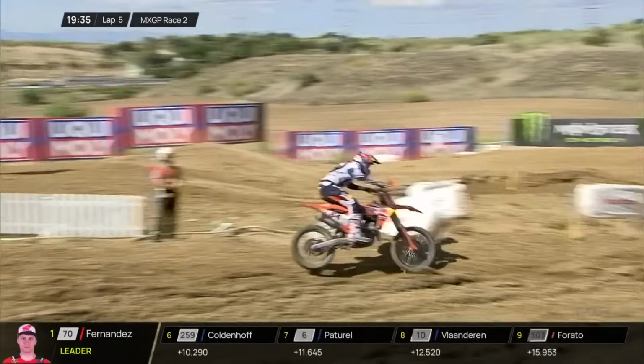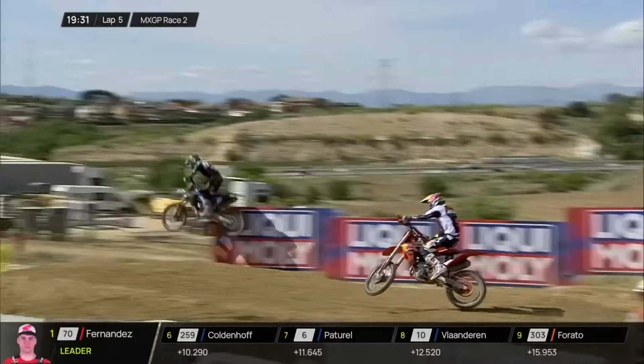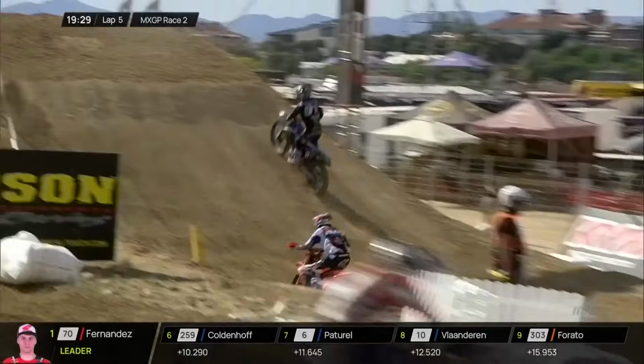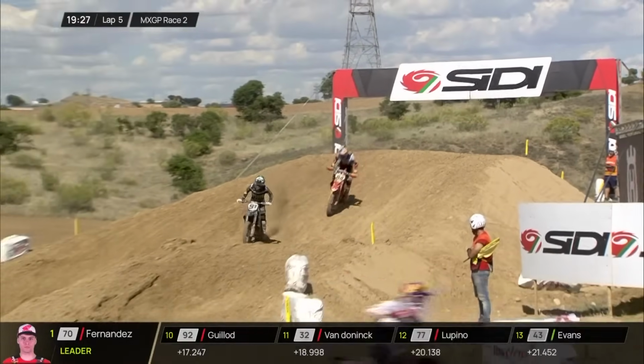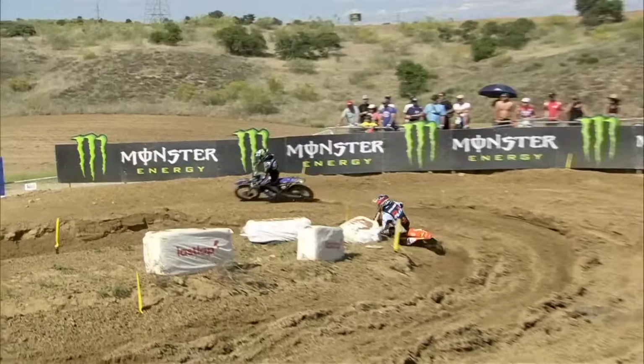Guadagnini, again, he might be slightly more wise to the Herlings threat, and of course Fernandez. You know, he's going to be wheeled on by the crowd. Fernandez, of course, Paul, from the same region as Jorge Prado, from Spain as Jorge Prado. But his performances are just...